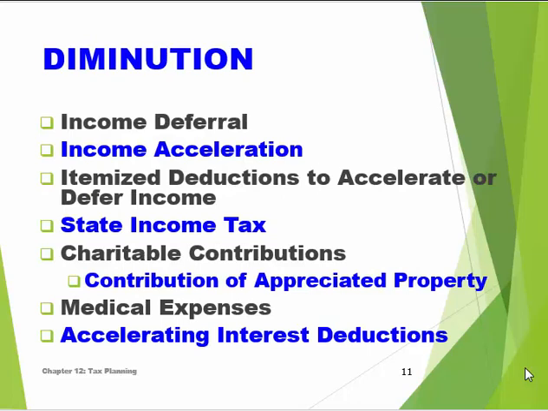Diminution is something a little bit more difficult to kind of think about, but essentially this is where we are creating and using strategies to remove income. For instance, a charitable contribution. If we give away appreciated property, the value of the thing that we give away is not our basis in the asset. The value of what we give away is its appreciated value. So we will escape the capital gains tax on that appreciated property.